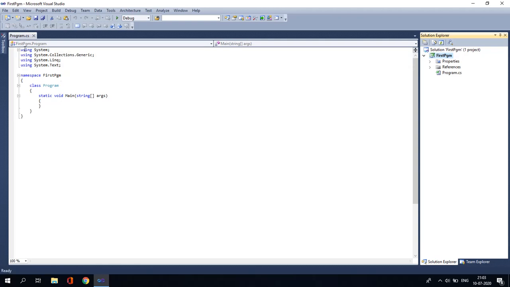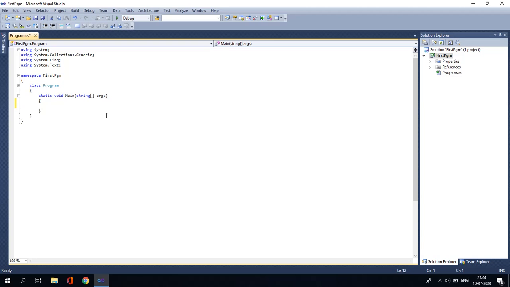By default, you are seeing all this code, half of the code is readily provided for me. Here you can see the name first program. Program.cs is the code script file, and I will be going under the main function, where the name of my project will be displayed over here. So I want to write Hello World into the display window.